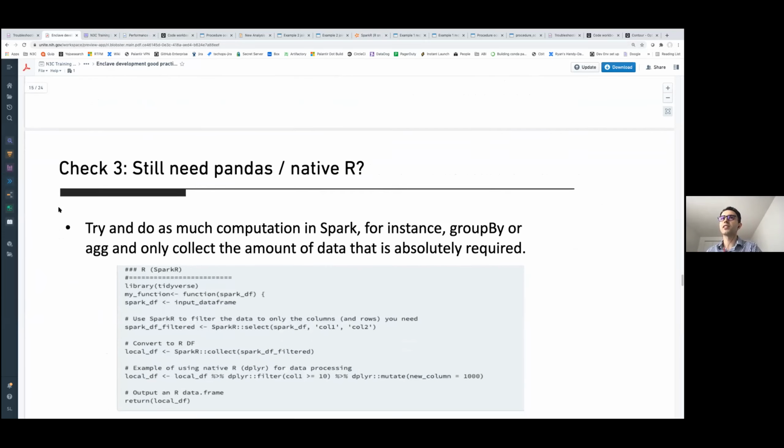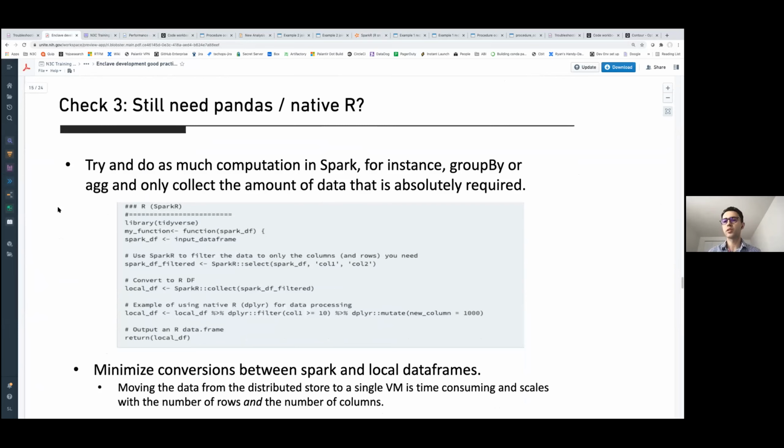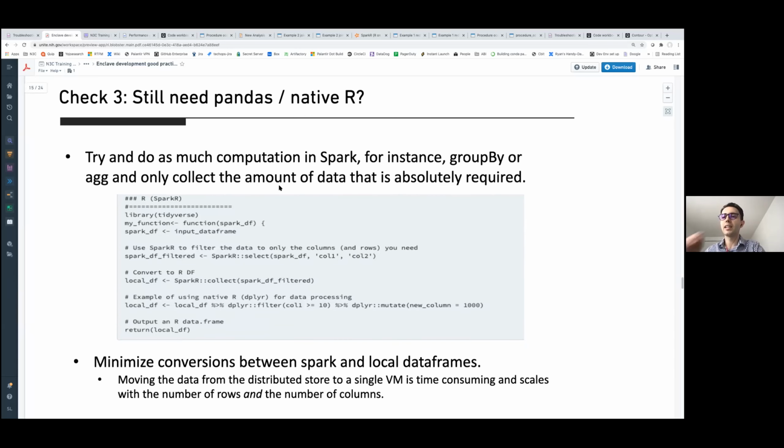Obviously, there are cases where you still need to use your R libraries, or you still need to use Pandas, or maybe you don't have time to adjust. In that case, we still recommend that at least early on in the analysis, you manipulate your input data frames using Spark and do all your filtering and selecting columns and filtering to only the rows you need using Spark.